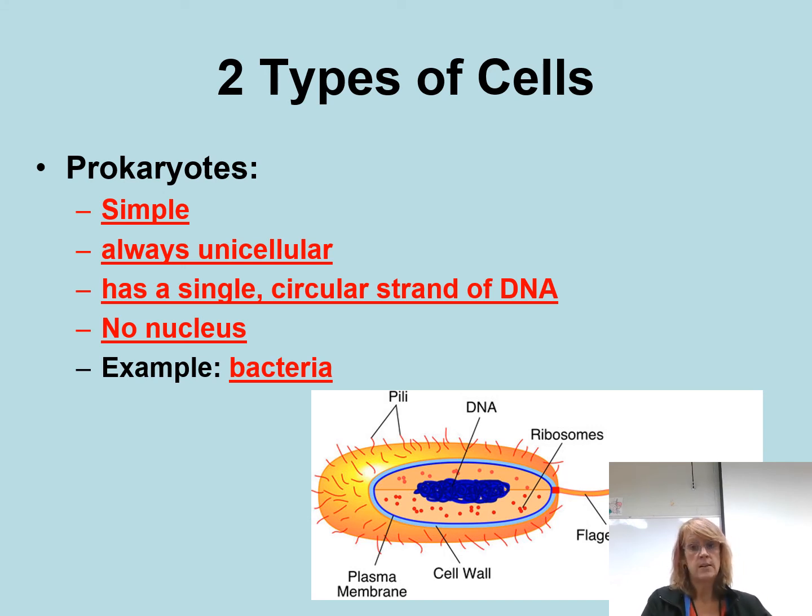Prokaryotes are unicellular. They're never multicellular, they're always unicellular. And they're very simple. And what we mean by simple is they're not going to have a lot of parts. Okay? For example, to be a cell, you have to have what's called a plasma membrane or a cell membrane. They have it. To be a cell, you have to have what's called the cytoplasm. They have it. To be a cell, you have to have these things called ribosomes. And you can see ribosomes here in this picture.